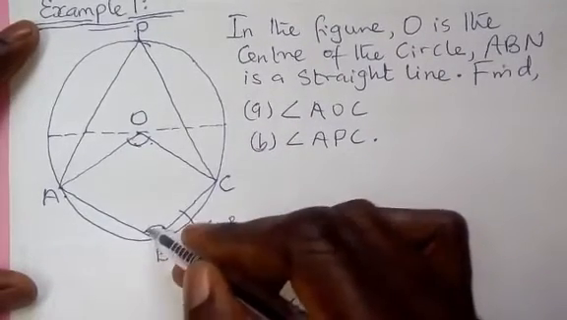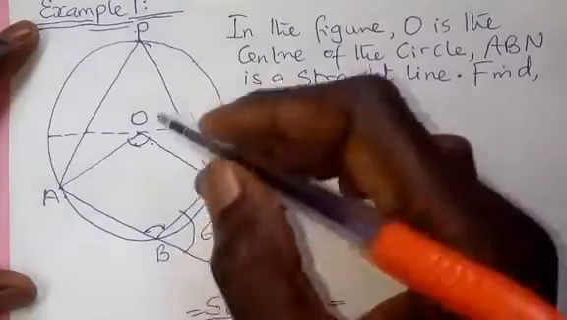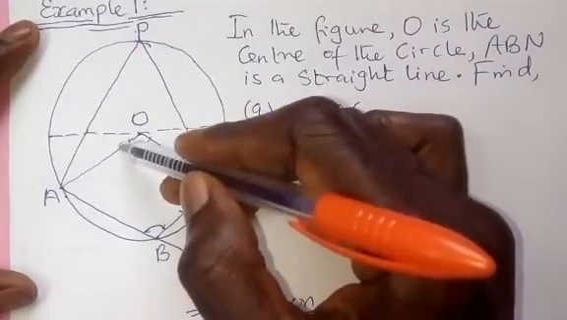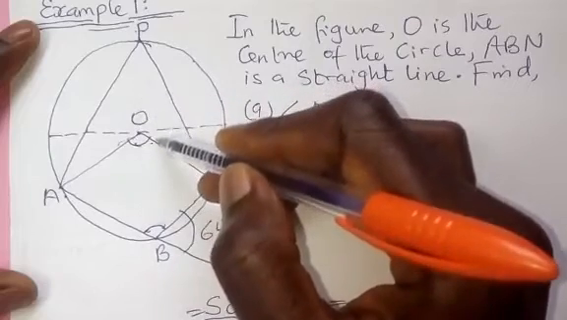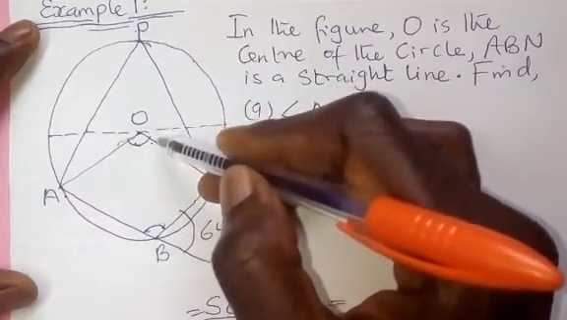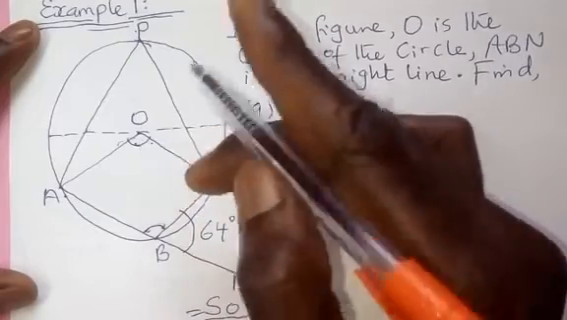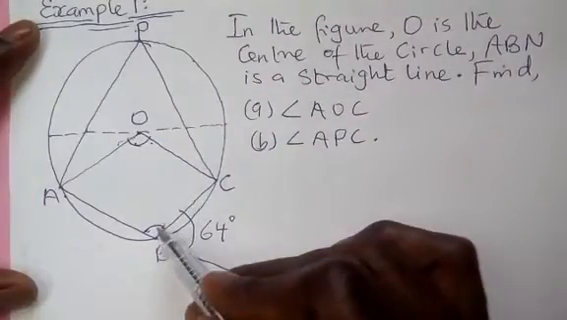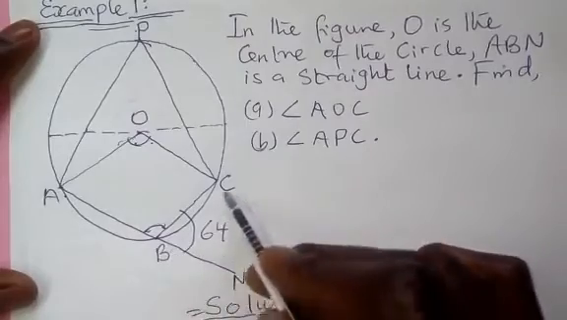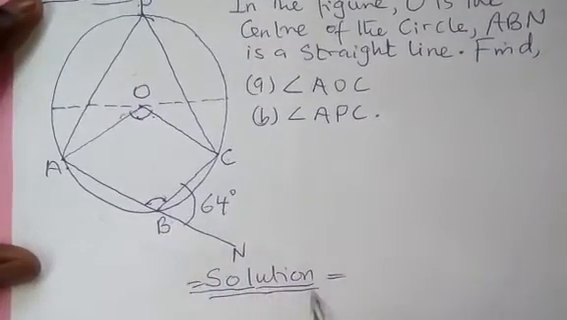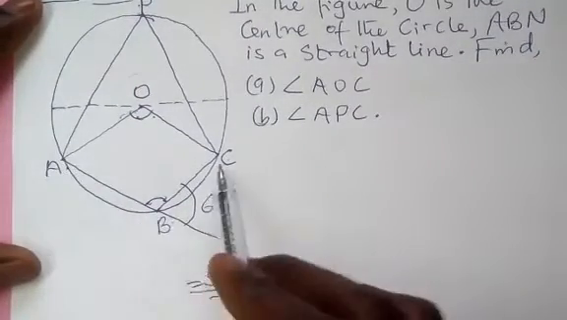So if we get this angle at the circumference here, we can take the reflex, which is this part here, and from there subtract the angle of the reflex from 360 to give us the angle we are looking for. So the very first place we are going to start from is to get our angle ABC. Now you can see that our angle ABC is,